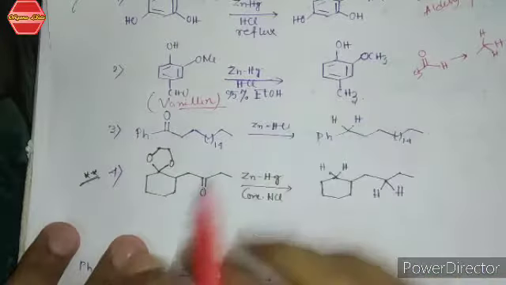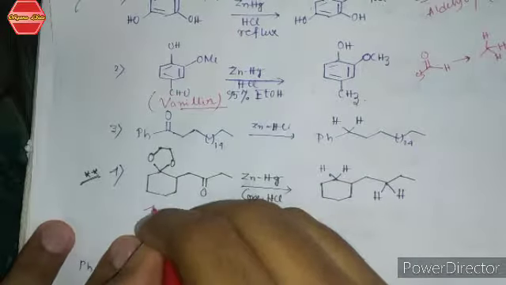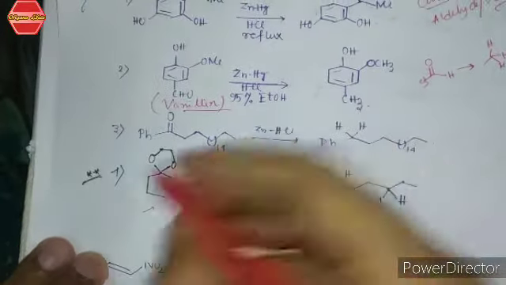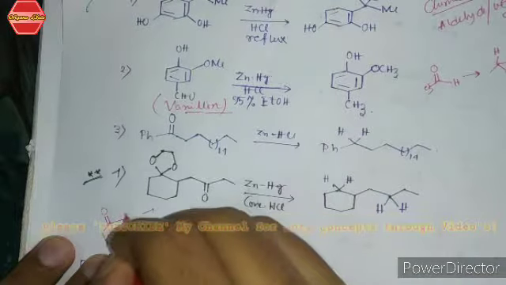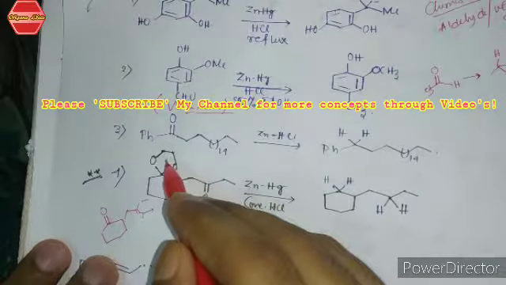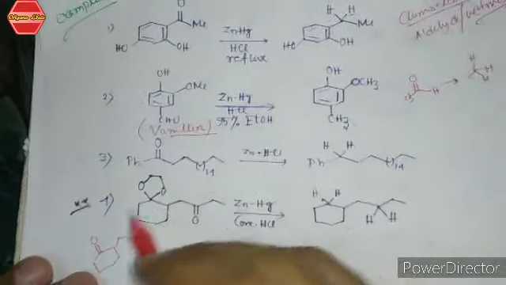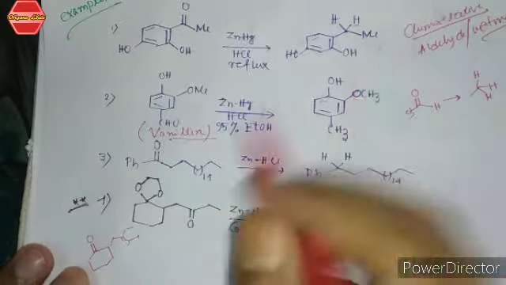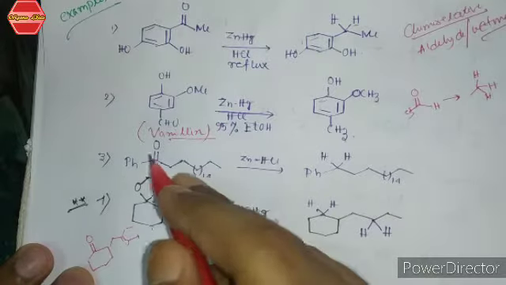Now the important example is this one. Now there is a ketone. Now see how to form this one. This is your protected form of ketone. Now your general compound is like this. This compound is generally converted to this one. Now how is this formed? There is a protecting agent like glycol, ethylene glycol. In presence of acid, it produces this acetal form.